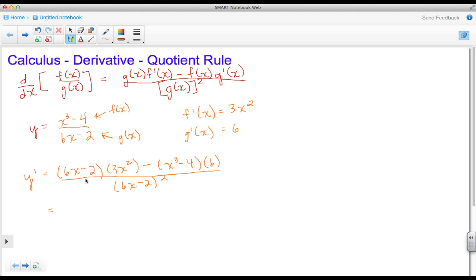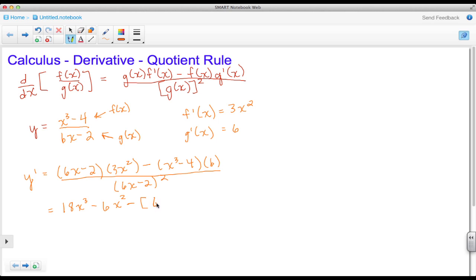And just to simplify some, we're going to start with the numerator here. I'm going to distribute this 3x squared to both terms. So 3 times 6 to give me 18, x times x squared to give me x cubed, negative 2 times 3 to give me a negative 6, and then I have my x squared. And then on this side, I think the easiest thing to do is just to distribute this 6 to both terms. So I'll put my negative here, put my square brackets, because I have a negative out here and I know I have to distribute that. I'll do that in my second go round as I evaluate.